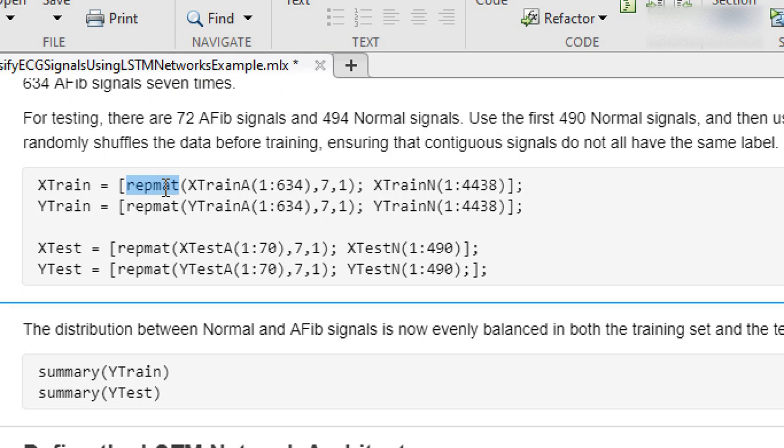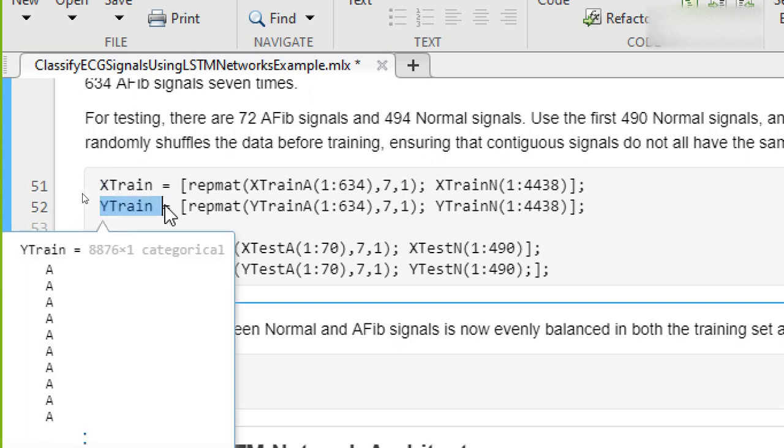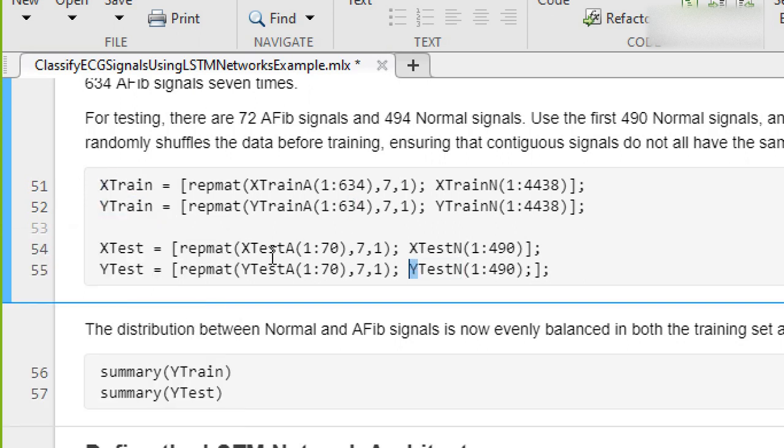So it will become a 4 by 2 matrix. Same after equalizing, we are concatenating the training data and testing data. This is the input and output for training, and this is the input and output for testing.